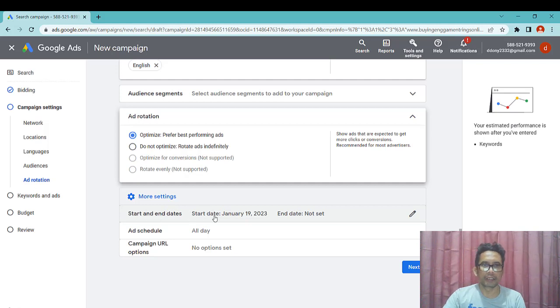You can choose start and end dates if you don't regularly check your Google Ads account, because if you forget, Google will keep charging your credit card if you forget to turn off your ads. So it's better to put in your end date.